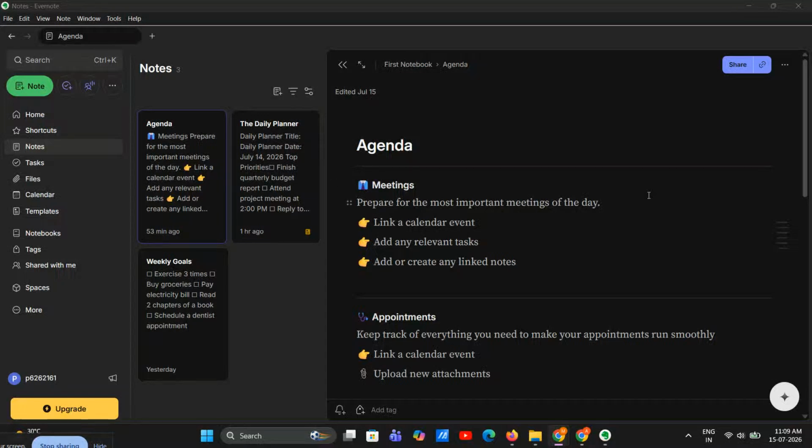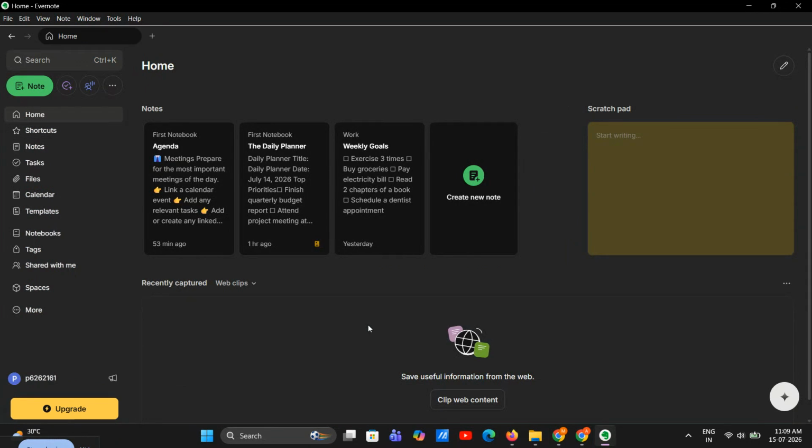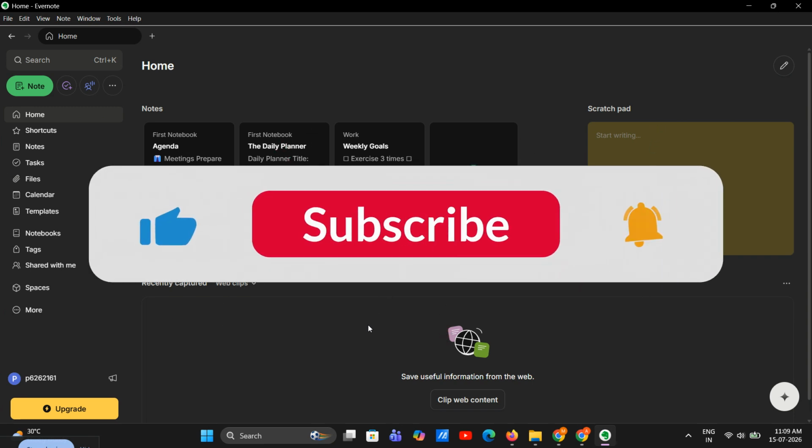If you use Evernote and you want a simple system for keeping track of your to-dos, this video is going to help a lot. In the next few minutes, I'm going to show you how to use Evernote for task management, so you can create a project note, turn ideas into action items, add useful task details, and keep everything organized in one central place. This is great for personal productivity, work projects, content planning, client tasks, and any workflow where you want less clutter